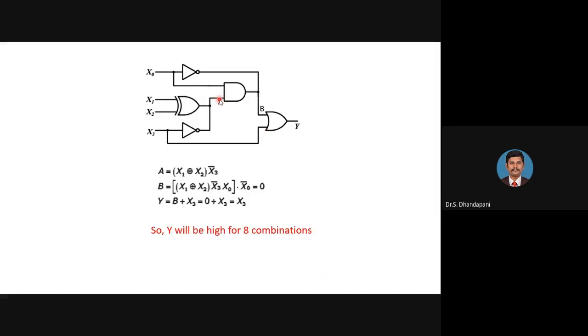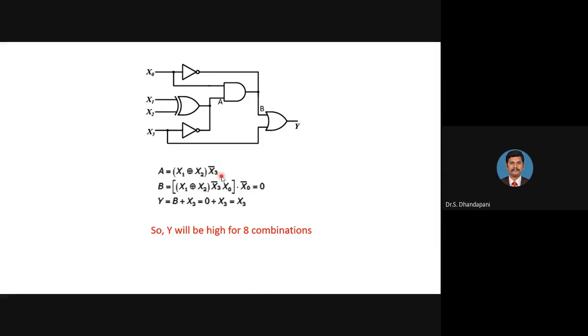So at this place, the input for this AND gate, in this node, we will consider it as A. This A is the output of this XOR gate, X1, X2. So the output of this XOR gate in this place is X1 XOR X2. Here, the output of this inverter is X3 bar. So in this location, what I have is the product of two: X1 XOR X2 into X3 bar. So the point A is represented as X1 XOR X2